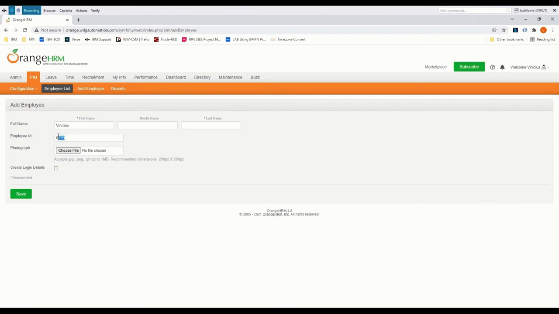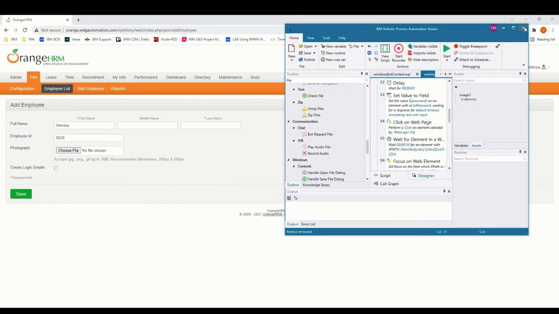Now, the employee ID is actually automatically generated. I'm not even going to mess around with this. The next thing I want to do is choose a file, a photograph file, to insert here. This is not mandatory, but I want to show you guys how to do this because this is an interesting tidbit. But first, before we do this, I'm going to close the recorder and I'm going to run the bot